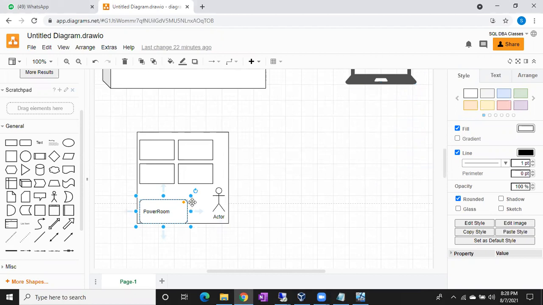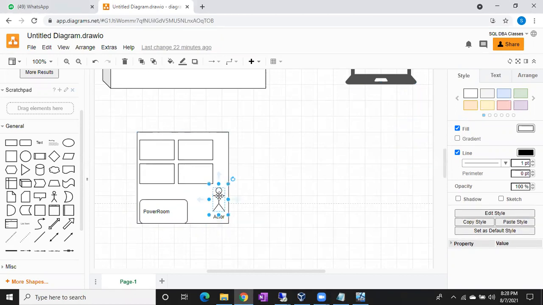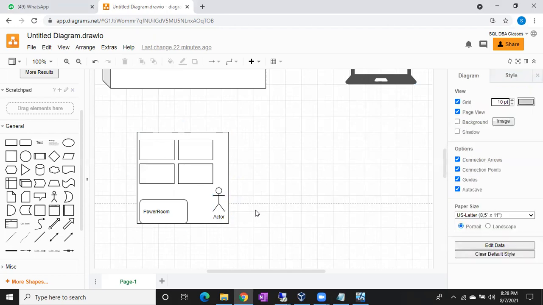Those who are accessing the resources is called a principal. Means in this example, who is principal? Who is principal? Actor. Okay.